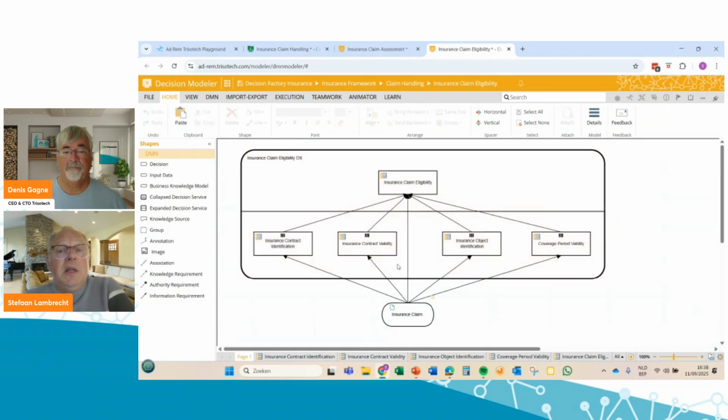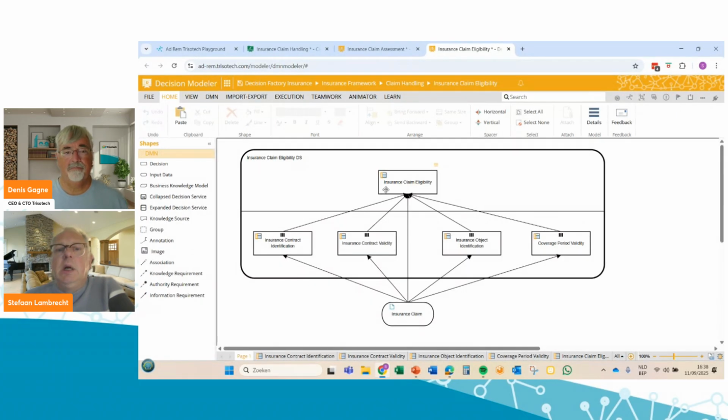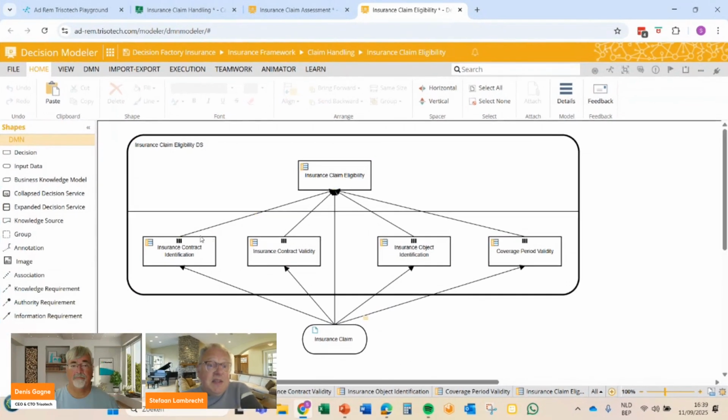So if we talk about eligibility of a claim, that is usually the first thing that an insurance company will check whenever an insurance claim comes in, that is checking whether they can find an insurance contract for the customer that hands in the claim, check whether the contract that is connected to the claim is still valid, whether the object, for instance, a car, is present in the contract, and whether the coverage period is still valid.